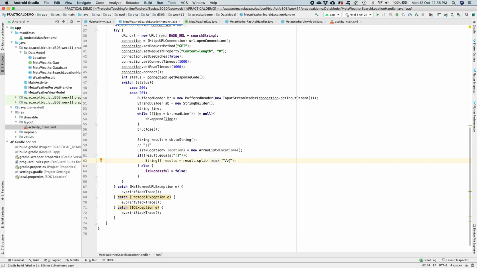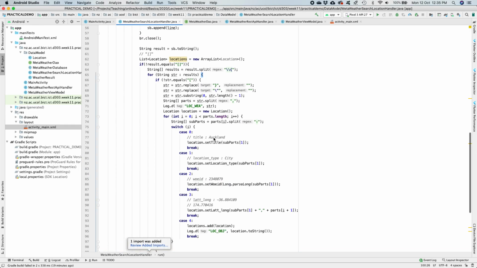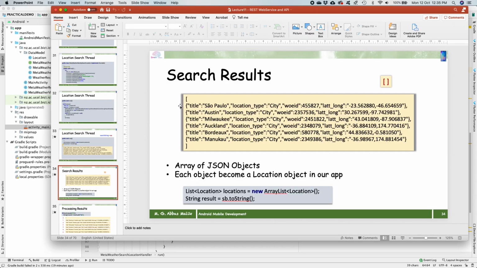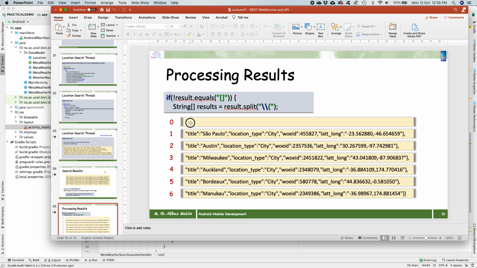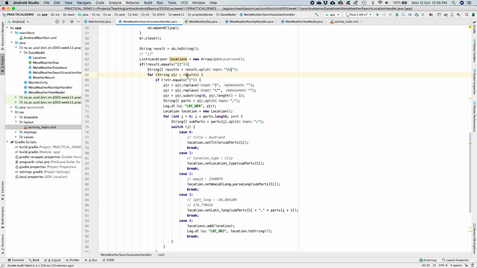maybe I can just copy paste the things, and then I can explain the things here. Okay, so what I'm trying to do here is, based on that specific left curly bracket, we are splitting these strings. So we have in the first location this part, in the second we have this part, we also have that one. So for each string inside that results, if that string is not equal to this,